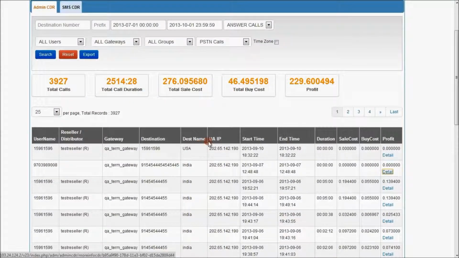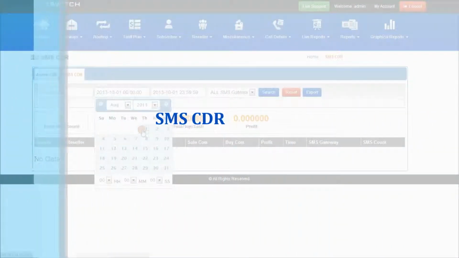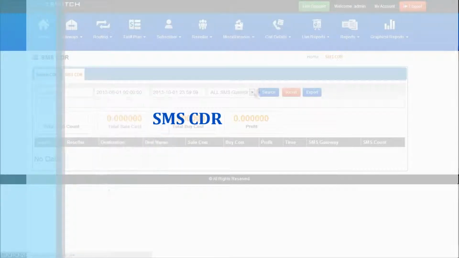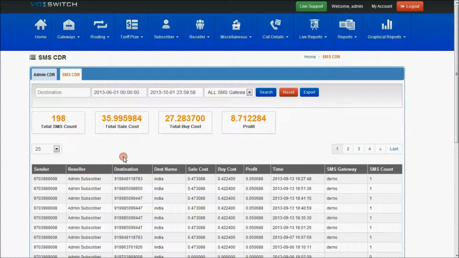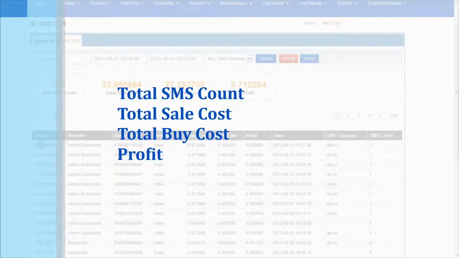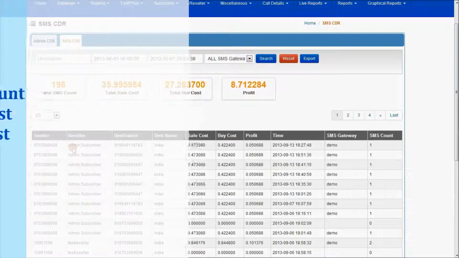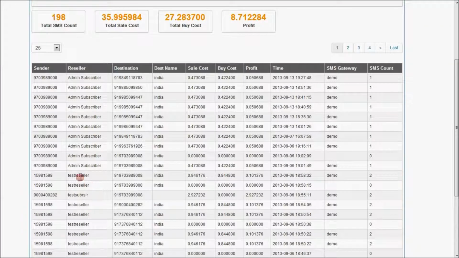This is about the admin CDR and SMS CDR. I can select the past date, and this is the SMS CDR under the admin. The total SMS count, the sale cost, buy cost, and the profit will be there. As I have already explained, the sender and the reseller, admin subscriber will be differentiated.